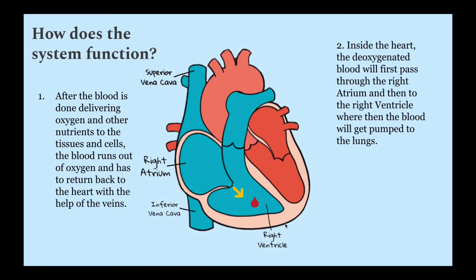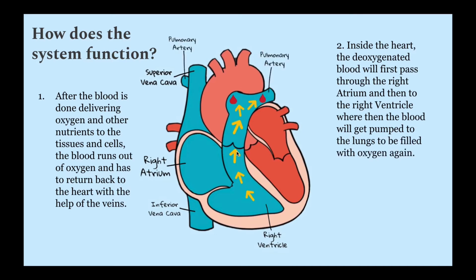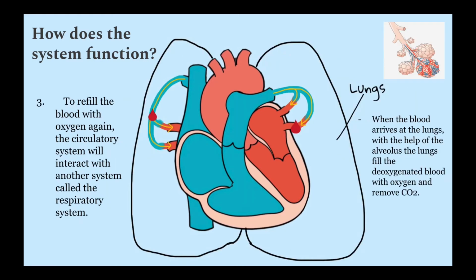And the right ventricle pumps the blood to the lungs through this valve called the pulmonary valve. And this is where the circulatory system interacts with another system. So in this case, the circulatory system will interact with the respiratory system. In the lungs, the blood will get cleaned, will get filled with oxygen, and then it's going to return